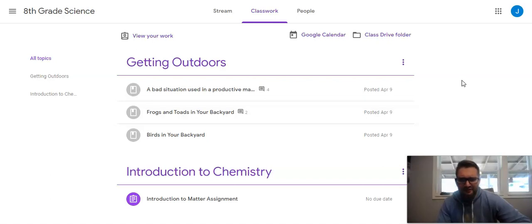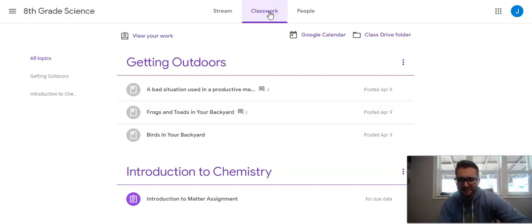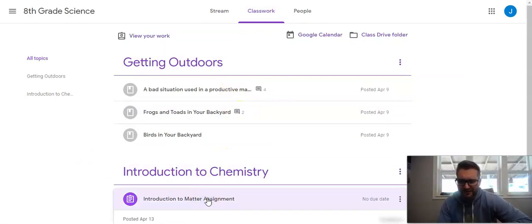So right now, the very first assignment that I have set up is an Introduction to Matter assignment. And you'll notice it does not have a due date. I think it may be a benefit to assign due dates to things just because kids are then going to see on the stream upcoming events. And so if I assign a due date to this, it should show specifically what they're needing to get completed by a specific date. And so I'm going to click on that assignment,